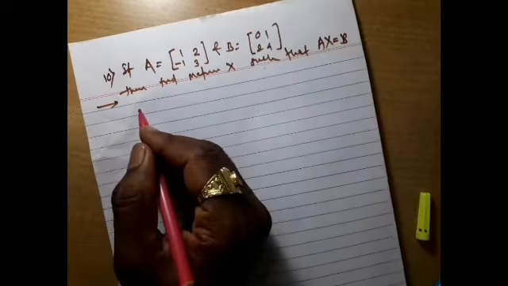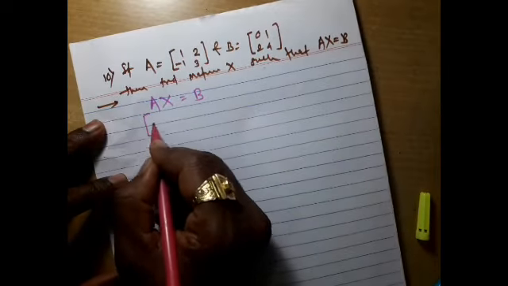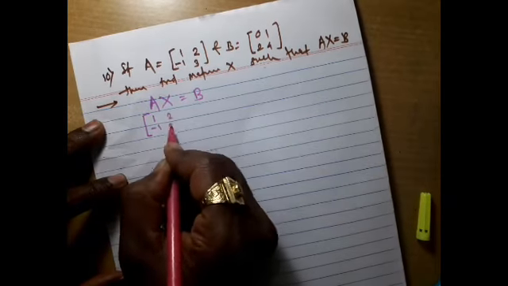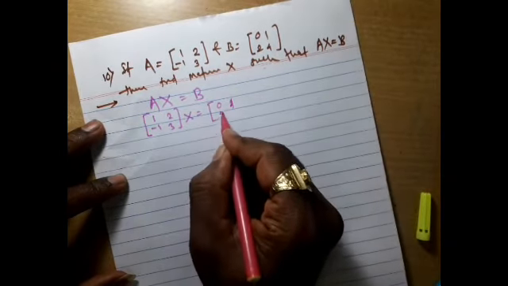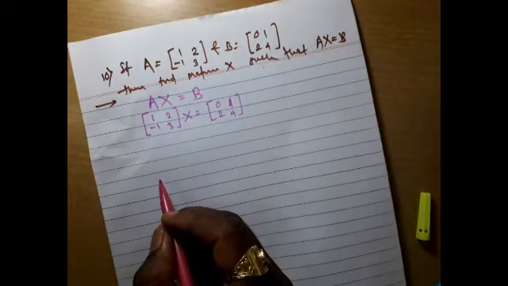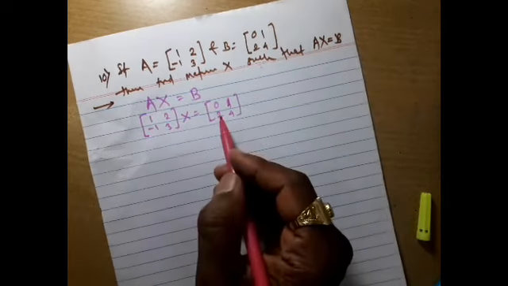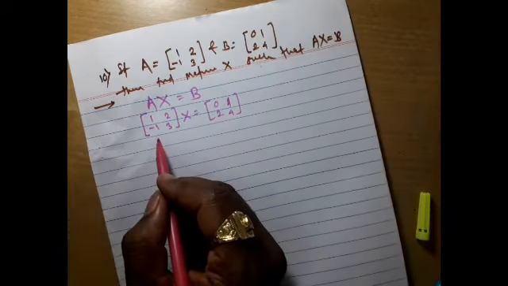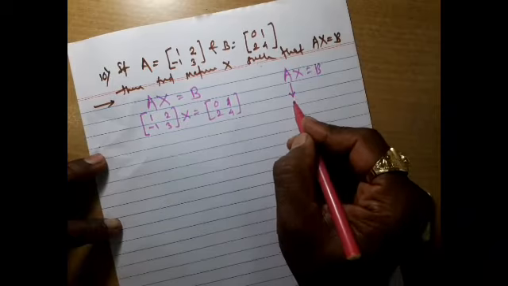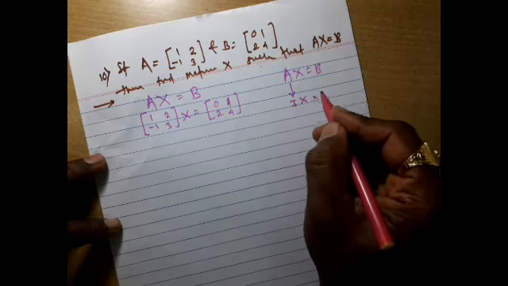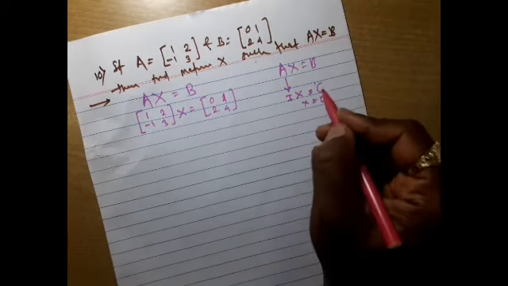So here we are going to use elementary transformation. What is given? AX is equal to B. So matrix A is [1, 2; minus 1, 3] and matrix B is [0, 1; 2, 4]. Now we are going to perform the elementary row transformation on matrix A and matrix B such that matrix A will be converted into the I, that is AX is equal to B is given. This is going to convert into I by elementary transformation, and the new matrix you will get, that will be the new matrix, say C, that is nothing but X.